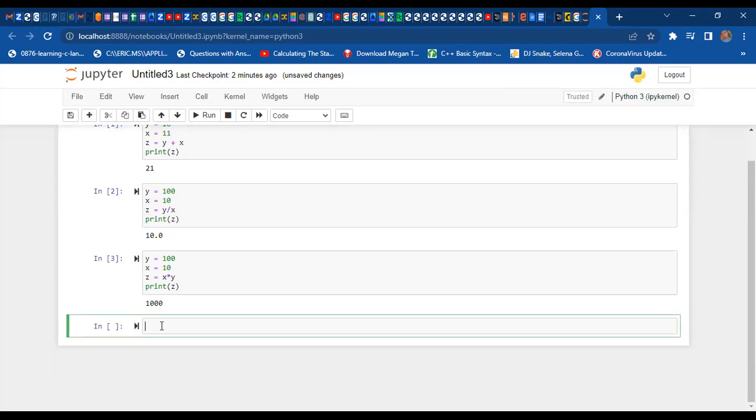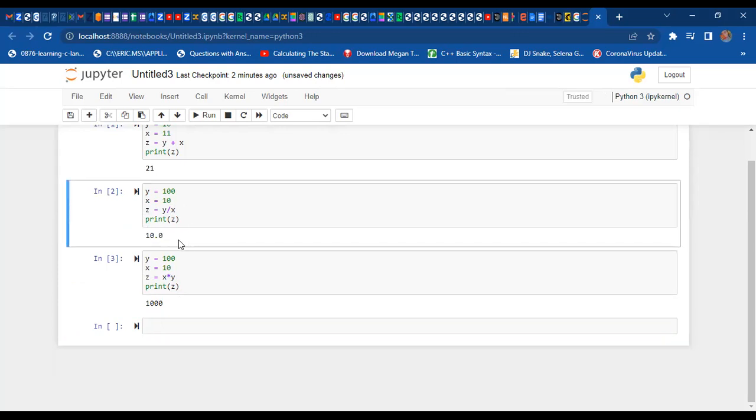Okay. So what it means is that in a division, the result will always be a float. But we can have an integer division, where if you want to get an integer as a result, let's